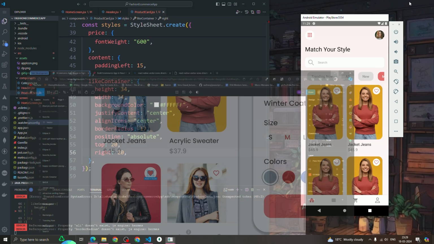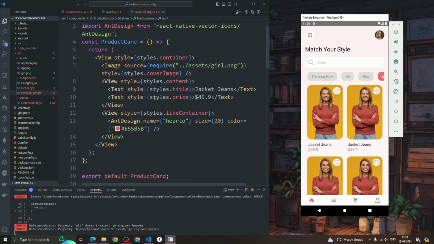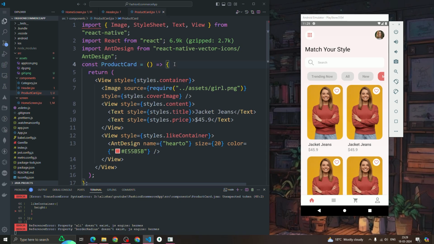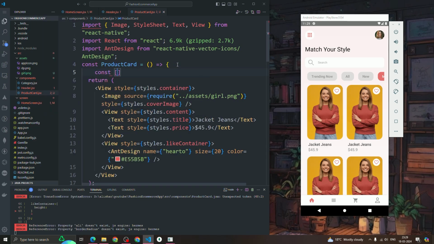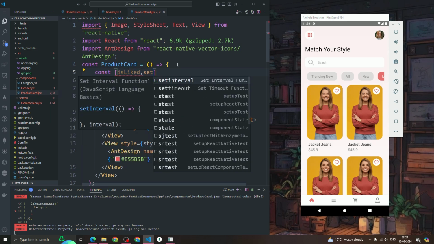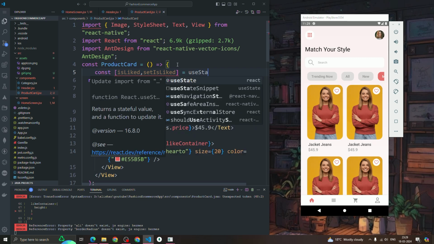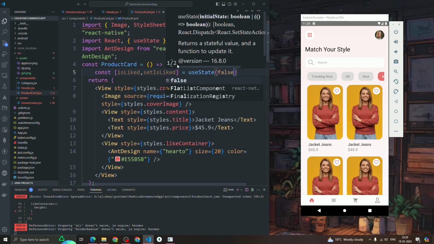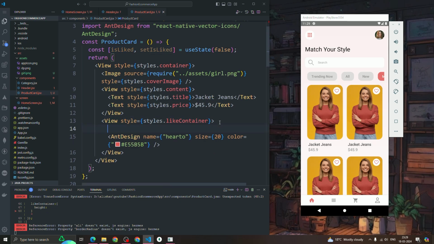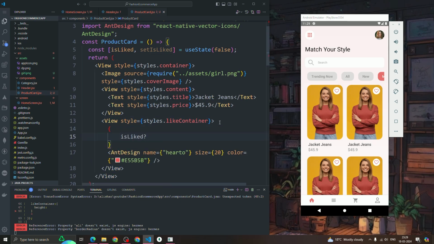Okay, to make it filled, we have to do something like this. Basically, to achieve that, let me show you how we can do it. We'll have a state, isLiked, setIsLiked. By default it's going to be a false value, and if isLiked is true, then we're gonna have a